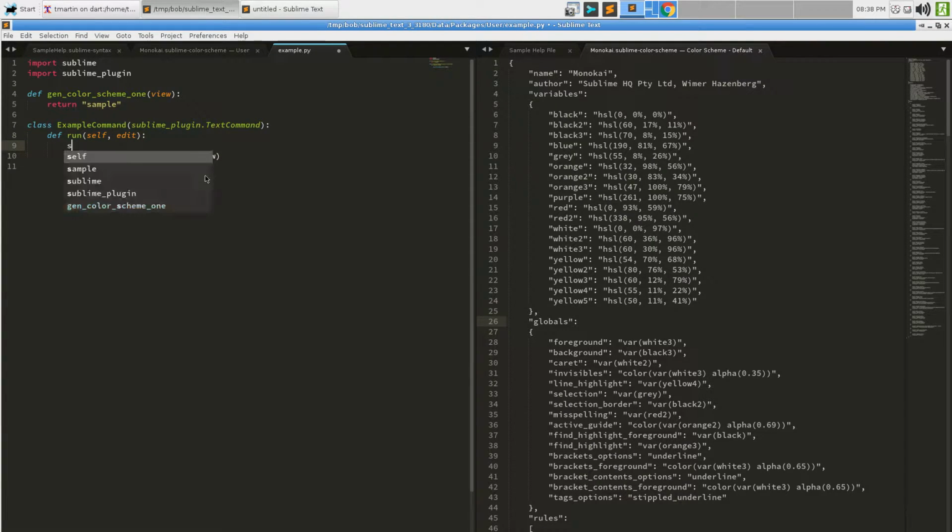We'll say self.view.replace using the edit object. We need to pass a region to replace. So we're going to say sublime.region 0 and len self.view to capture a region of the entire file, and the text to replace is that one, like so.